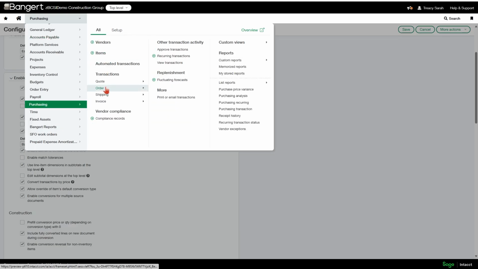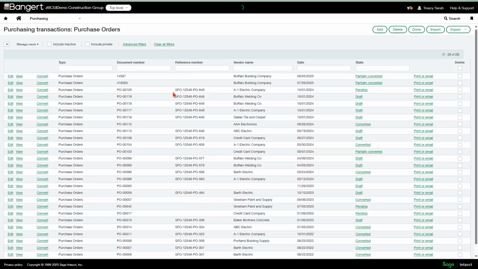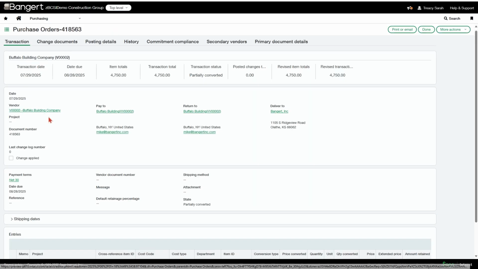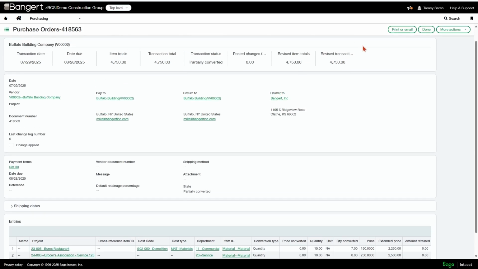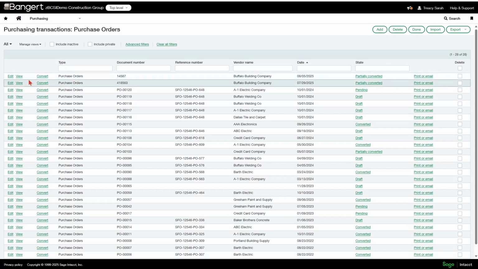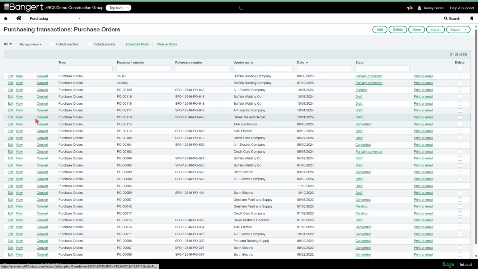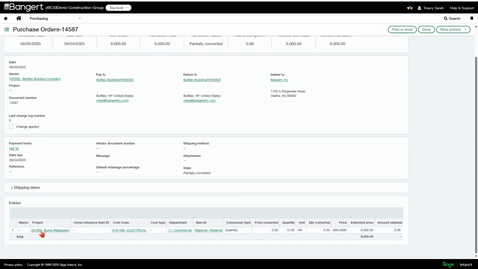So I'm going to give you the example of purchase order to an invoice. So I'm going to go to my purchase orders, and I have two purchase orders here for Buffalo Building Company. And if I take a look at this first one, I have two lines. One is for Burns Restaurant and one is for Growers Association. And then I have this other purchase order here, which is for Burns Restaurant. So say I want to create an invoice and I want the lines for Burns Restaurant on both of those